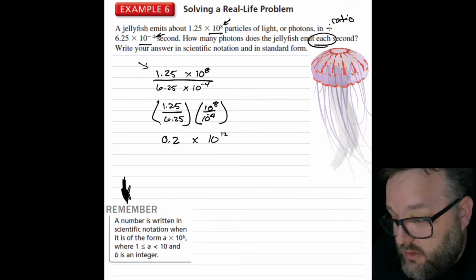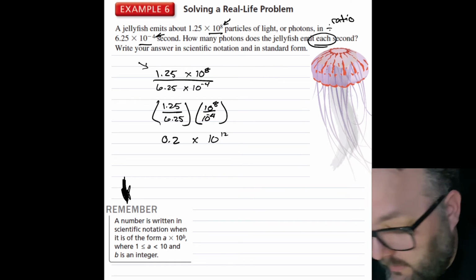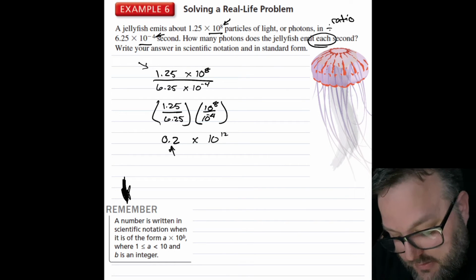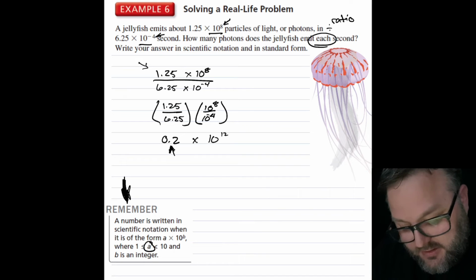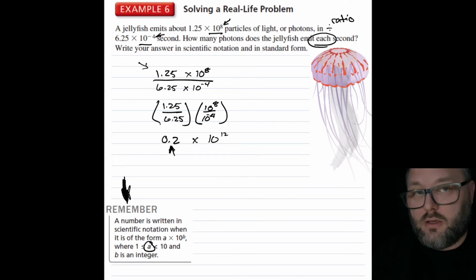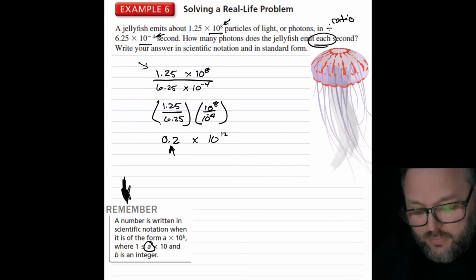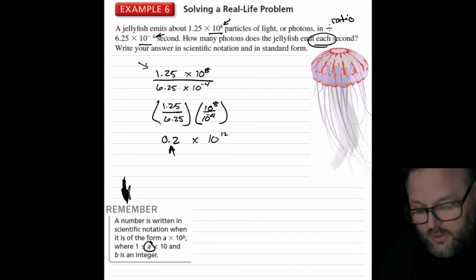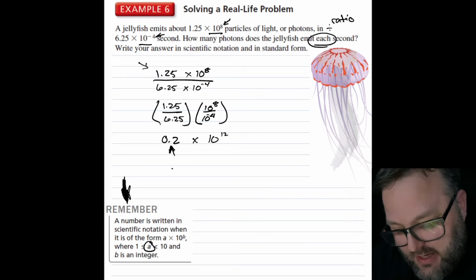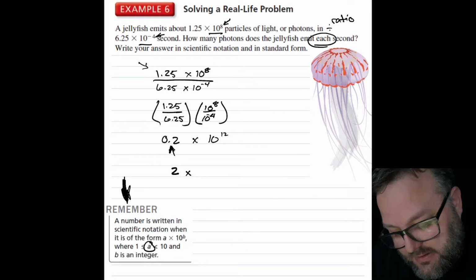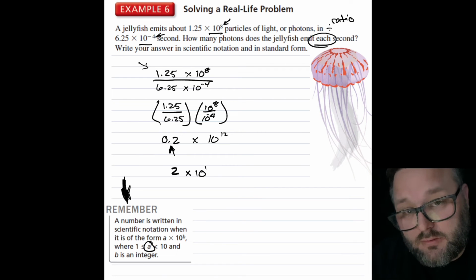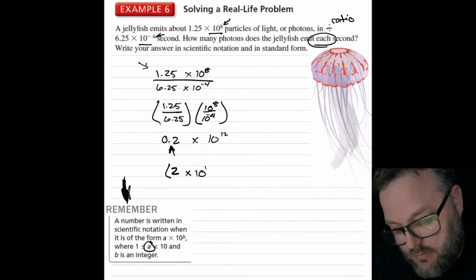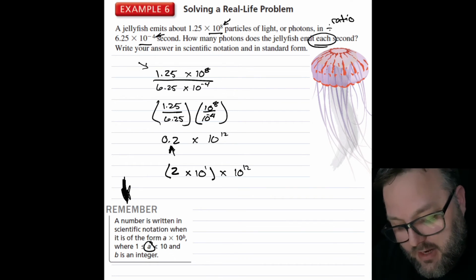Now, we don't want this because the rule states that a has to be somewhere between 1 and 10, and it can equal 1, but it can't equal 10. In other words, 0.2 is less than 1, but a has to be equal to or greater than 1. So I have to rewrite this as 2 times 10 to the 1st times 10 to the 12th. And now,